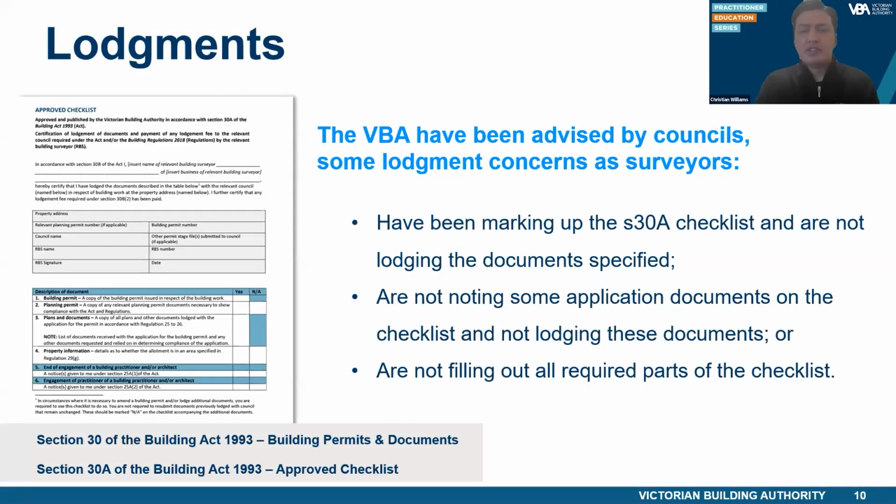For example, where an extension or renovation is proposed and documents are sourced from council, however, as all relevant documents were not lodged by the original RBS, the new building surveyor is unable to determine compliance of certain parts of the building work. This could also impose unnecessary costs on the building owner to have these parts of the building inspected and/or further evidence sourced to demonstrate compliance.